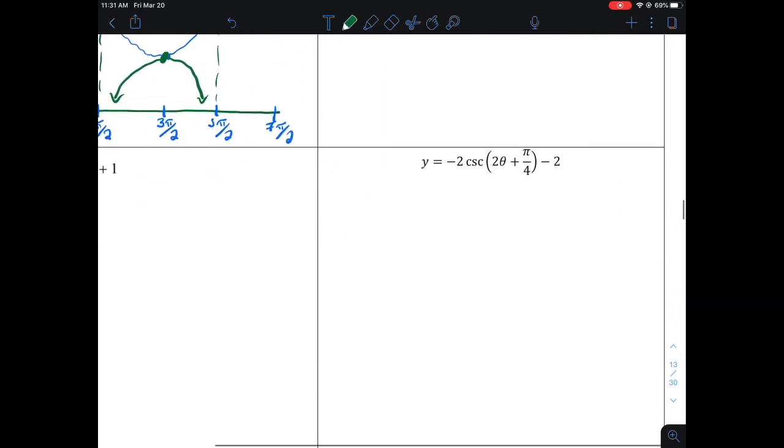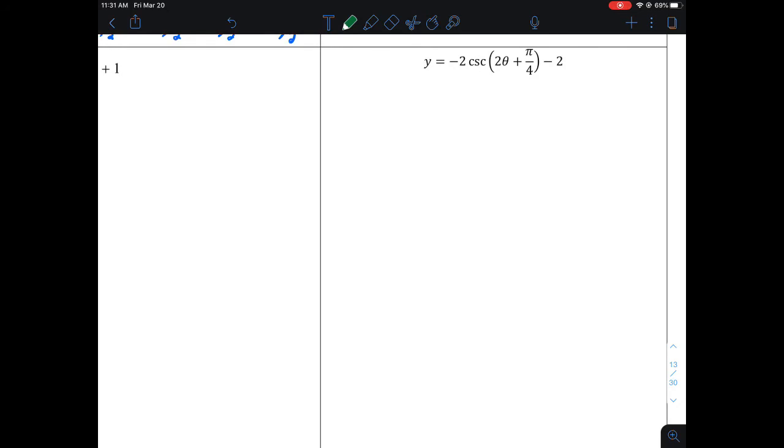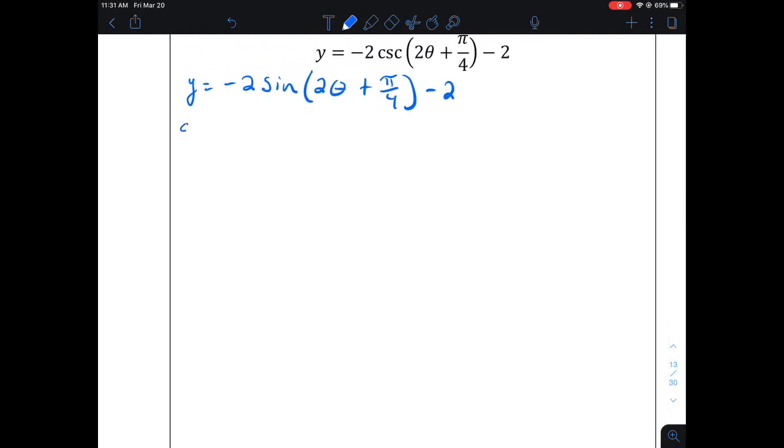All right, let's go to the next one here. I want to graph negative 2 cosecant of 2 theta plus pi over 4 minus 2. Well, just like I did for secant, I'm going to look at graphing negative 2 sine of 2 theta plus pi over 4 minus 2. And so I'm going to go find all my vertical features. So amplitude is 2. Midline is negative 2. So I can get my max y,